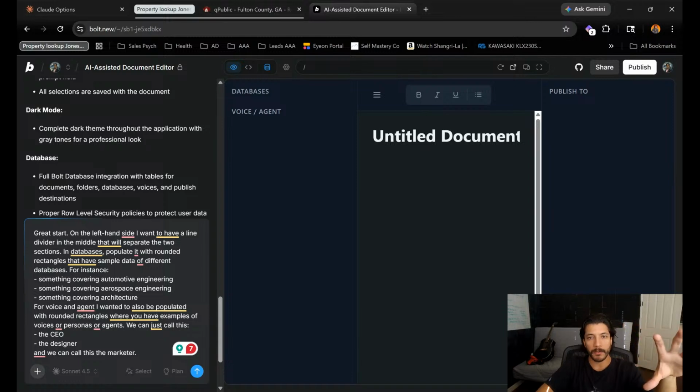Someone's going to use this, ideally in my mind. The end use case for this is that someone's going to use this to tap into some databases that they have, and then tap into some voices that they have across the company, see some already drafted articles from AI, make edits within here, and then decide that they want to publish it to some kind of publishing platform. Okay, so that's the thing.